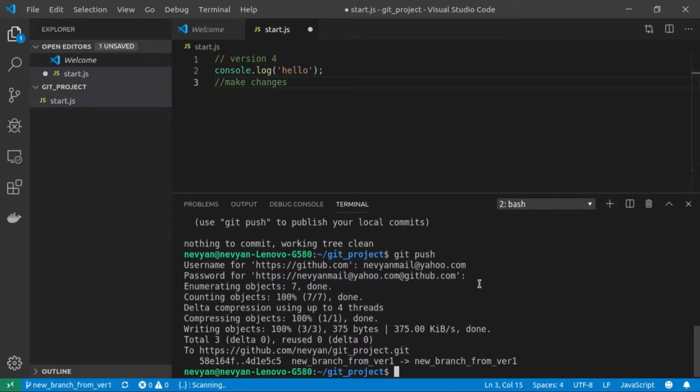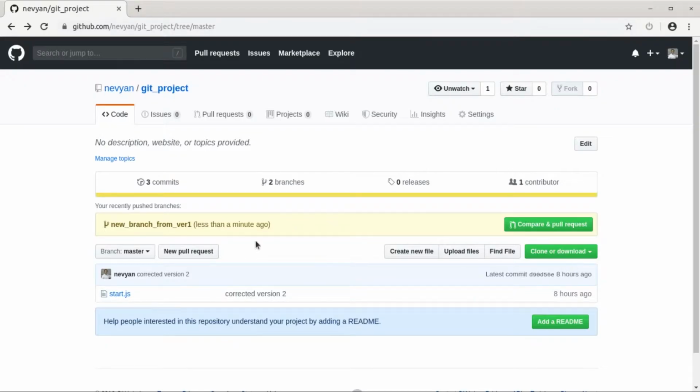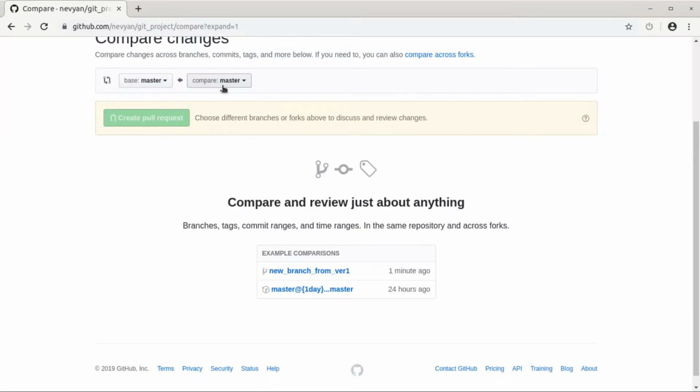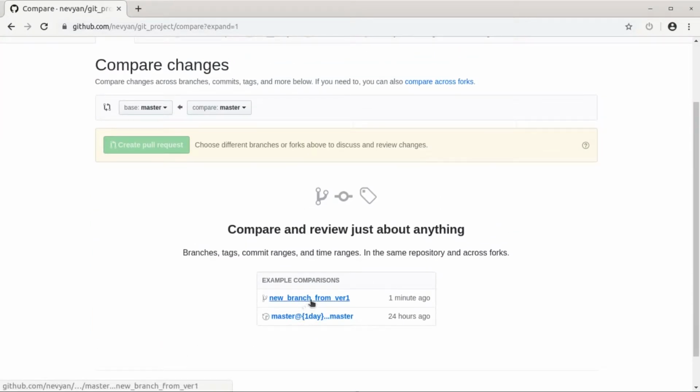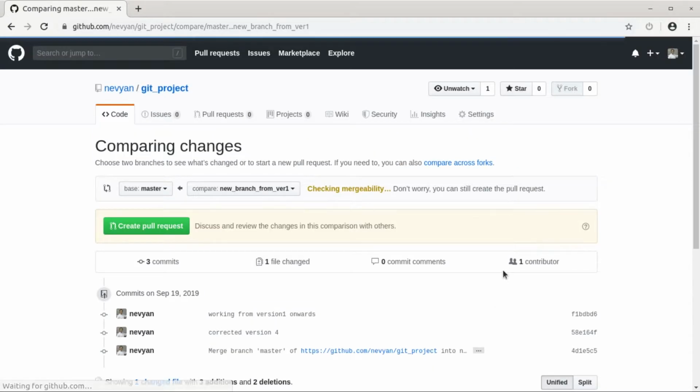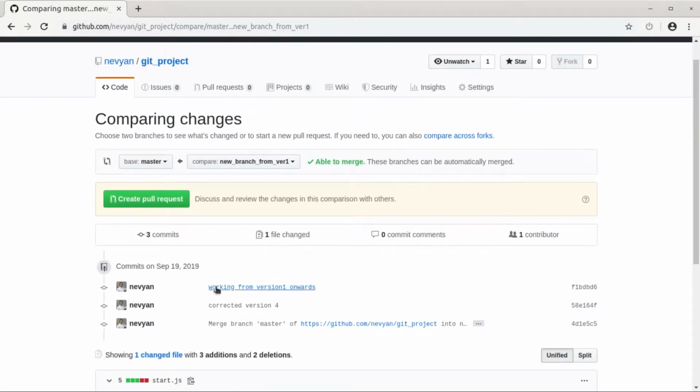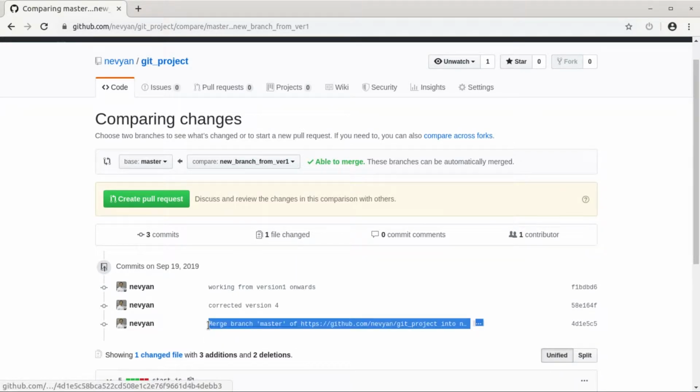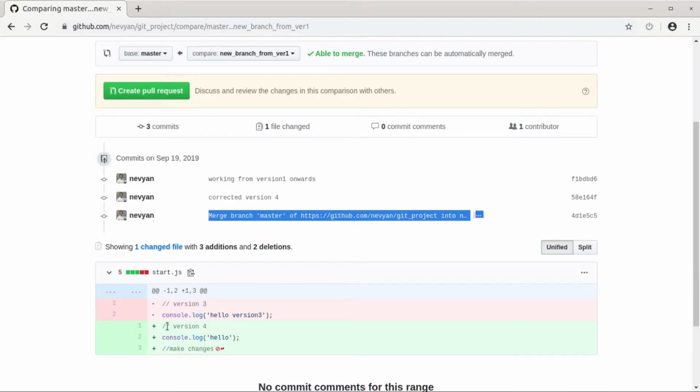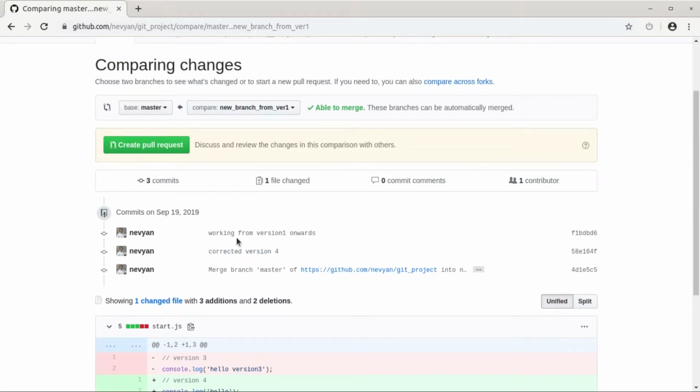Alright, so we resolved the conflicts, and now we can create pull requests again. Okay, so we'll click on our branch. We see here that the last commit that we have is actually the commit which is resolving our conflicts. That's what we added, the version 4 to the file, and we deleted the previous version that was already on the master branch. So we can click now create a pull request,